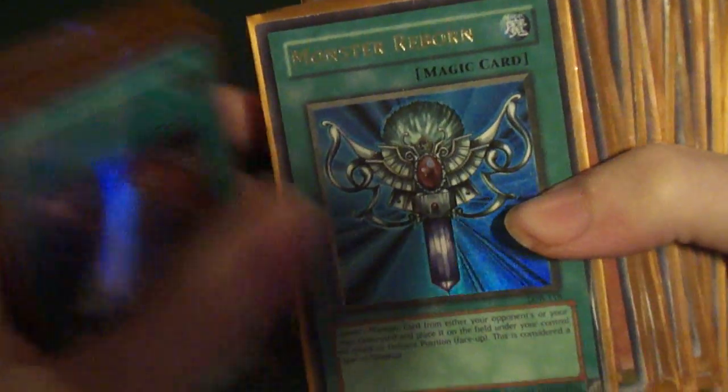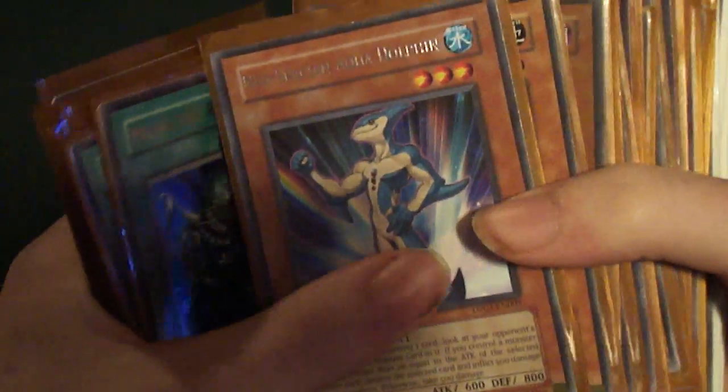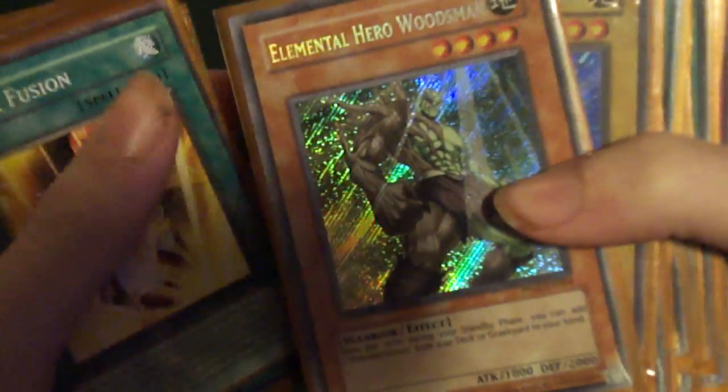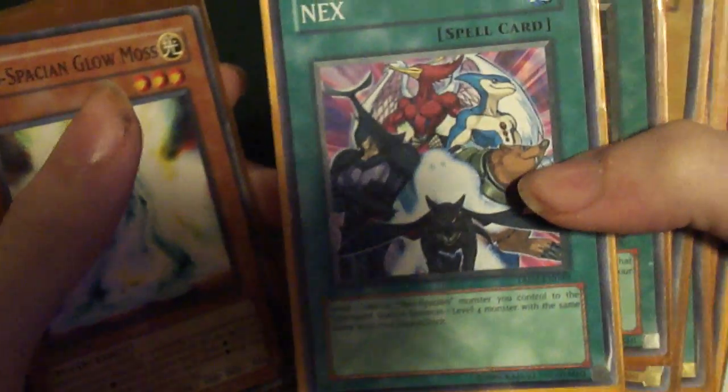Fusion, Monster Reborn. I think that's limited now, I think. I'm not sure. Neospatian Aqua Dolphin, Evil Hero Malicious Edge, Necro Shade, Destiny Hero Plasma, apparently. Clayman, Mystical Space Typhoon, Dust Tornado, Clayman, Dark Fusion, Elemental Hero Woodsman, Neos Alias, Skyscraper, another Marauding Captain, Glowmoss, Nex